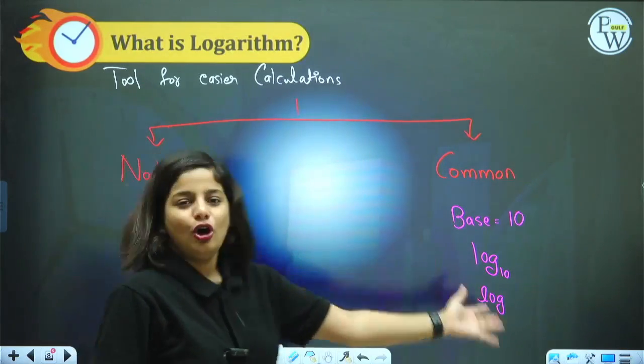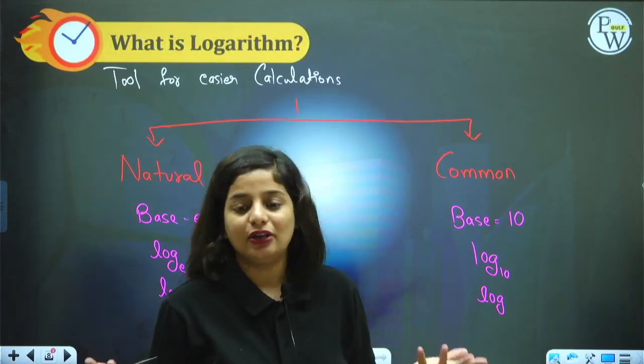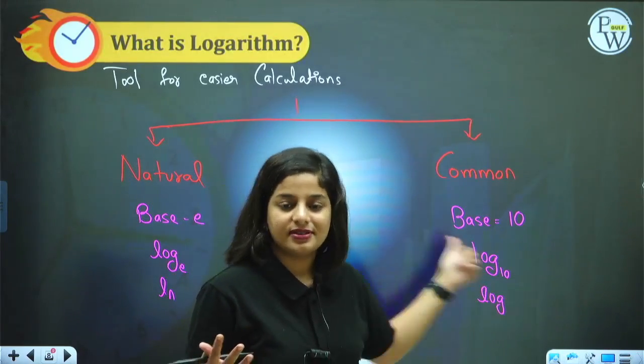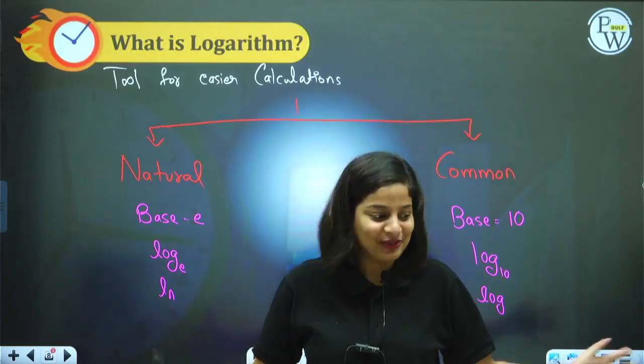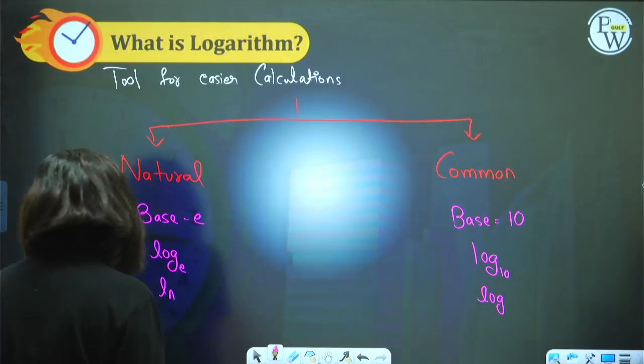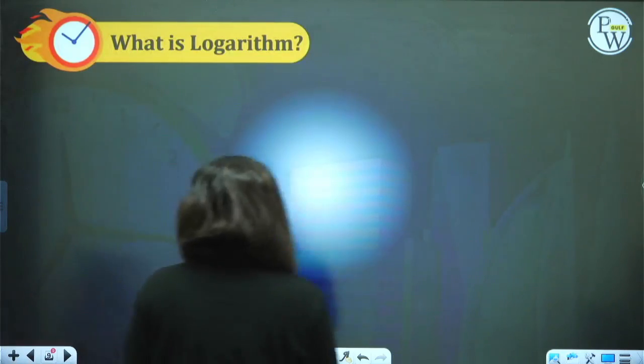Where is common log used? Common log is used for simpler calculations, mostly in calculations and in calculus. Now, calculus and calculations are not the same. We are not going to address that question for now. Next,